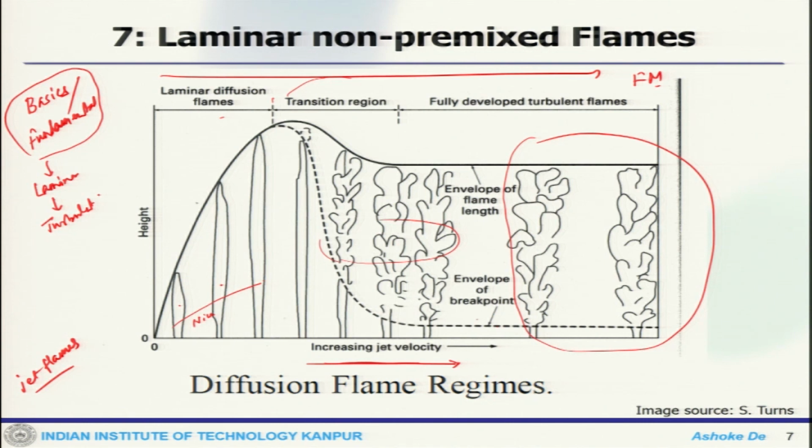This is exactly what you can correlate from this picture, where we start with a nice looking laminar structure. There are certain properties one has to understand, and why the laminar goes into transition with increasing velocity. Then you see the flame structure is distorted, but it is not completely chaotic. But when you become completely turbulent, it becomes completely chaotic.